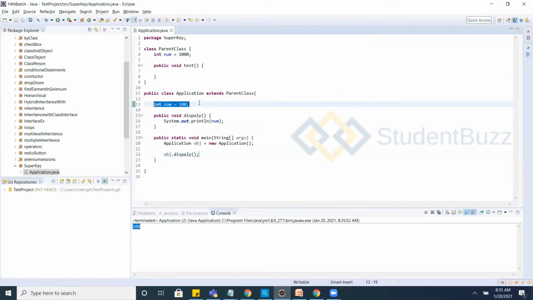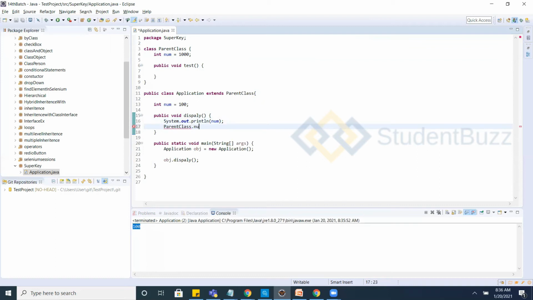It is 100, because you have a num variable here and it has the value 100. It's a child class variable. You extended it, and there is a parent class. The parent also has the same variable, equal to 1000. How can you access this parent class variable? By using the parent class name dot num?